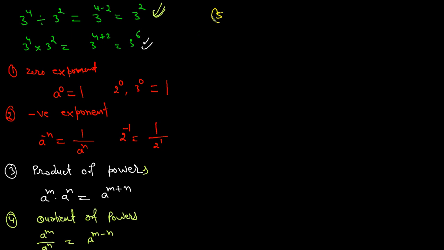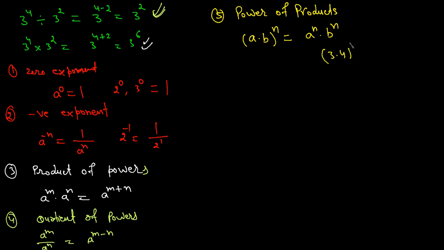power of products. Let me write it down. Power of products. So you have a multiplied by b, all raised to power n. Okay, so the power of a product of two numbers is going to be a raised to power n times b raised to power n. For example, 3 times 4 raised to power 2 is going to be 3 squared times 4 squared. Okay. Fifth rule is